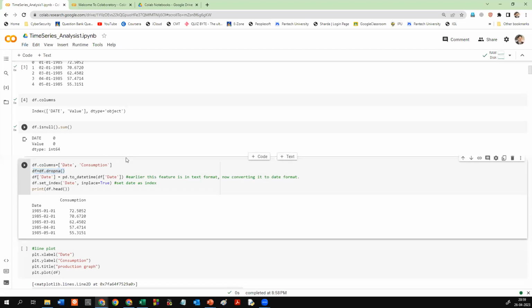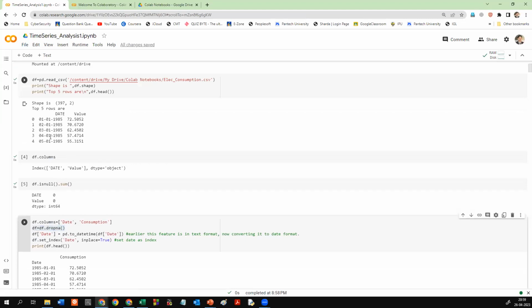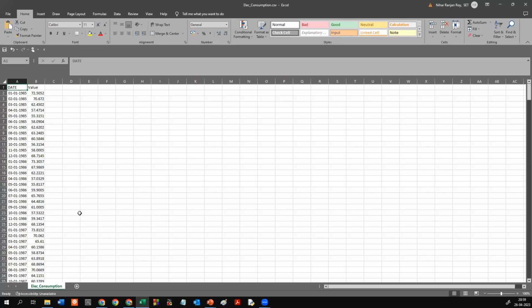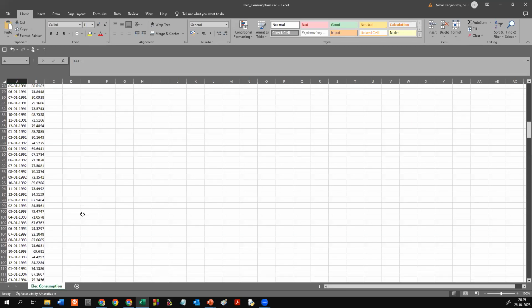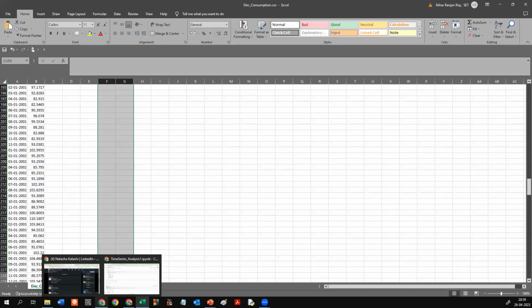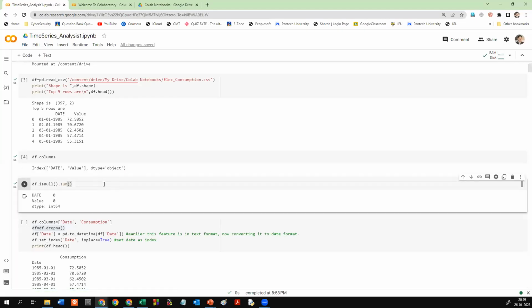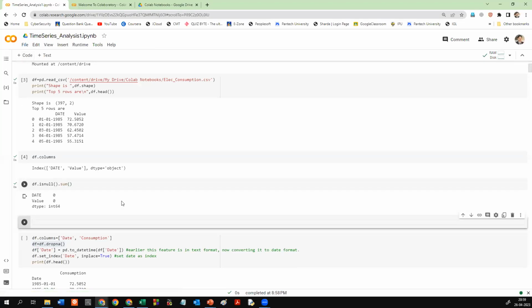Okay. Now, looking at this date, what do you conclude? It is in which format? Let me show you the Excel sheet. Looking at this, which format do you see? DDMMYYYY? Yes, right. But actually, this is text data, right? How do we handle that? Let me do one thing. df dot